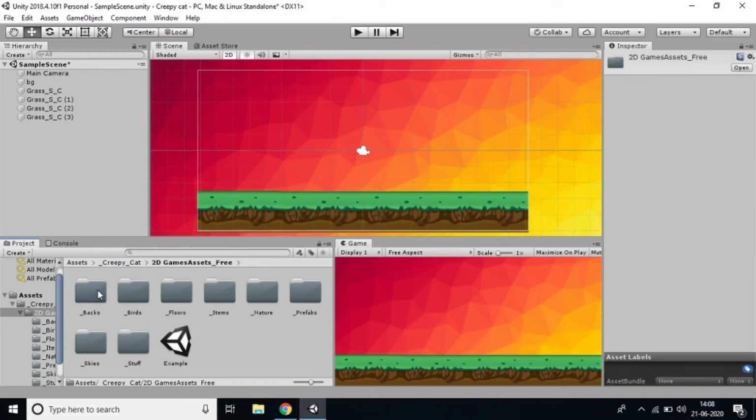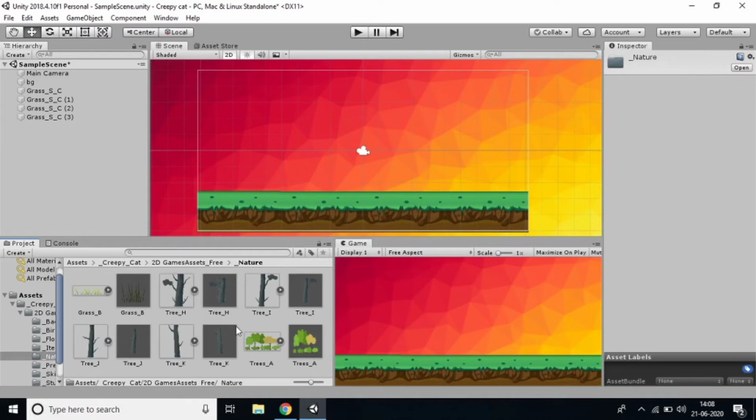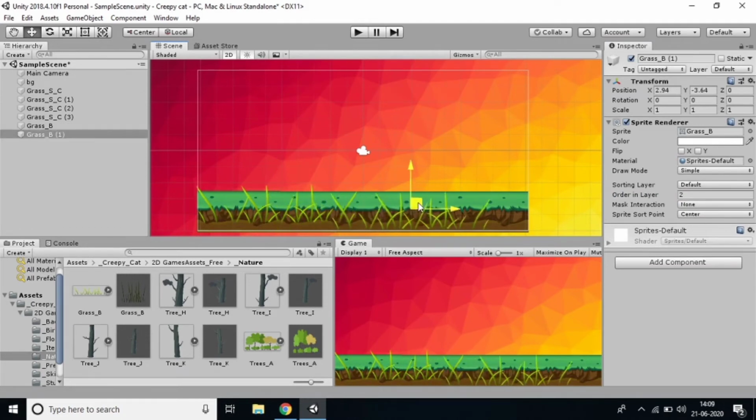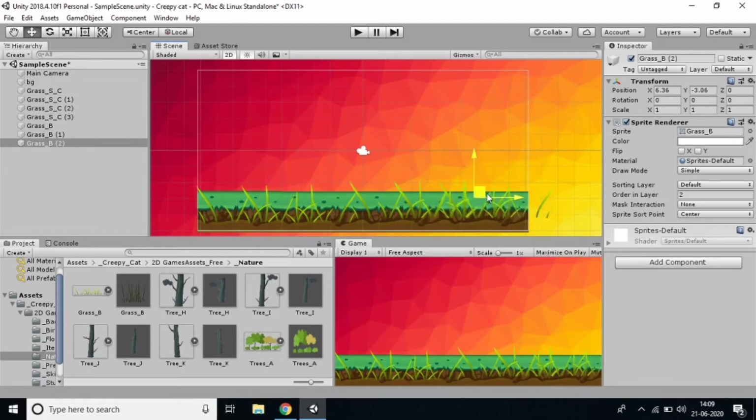And now I want to add the background, some grass and everything also. Just drag and drop, and it's also unable to view. Just keep it as a 1. Yes, 1 also we cannot view. You can keep it as a 2. Just position it and press Ctrl D. Just position this. Ctrl D. Yes, you can see.